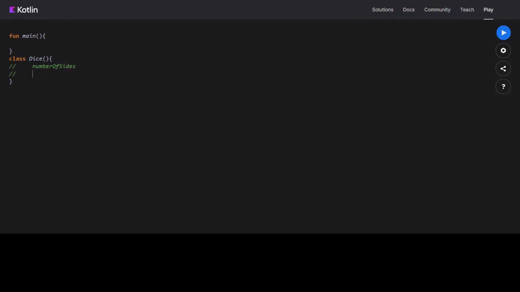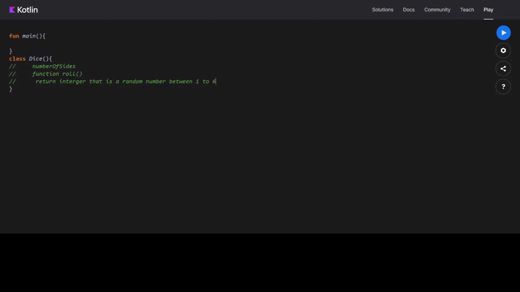Then there will be a function named roll. Once you click on roll, this function should return an integer, that is a random number between 1 to 6.